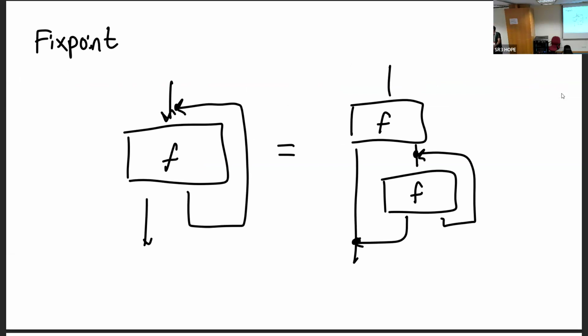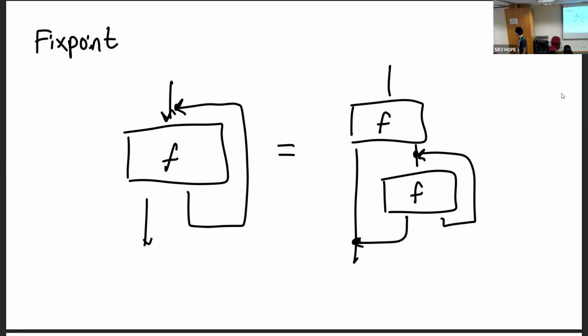So an LGOT category, specifically a strong LGOT category, is just one of these distributive Freyd categories equipped with an iteration operator, which is a trace in the coproduct that satisfies this and other equations. So in particular, all this is saying is that F looped in on itself is the same as executing F. And if we're in the terminating branch, go. If we're in the continue branch, then that goes into the loop. So it's exactly what we just said before, but translated as a control flow diagram.